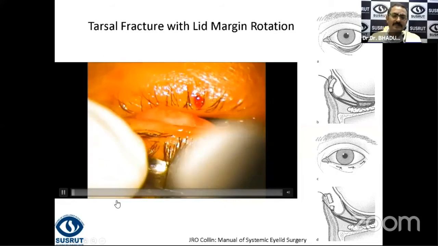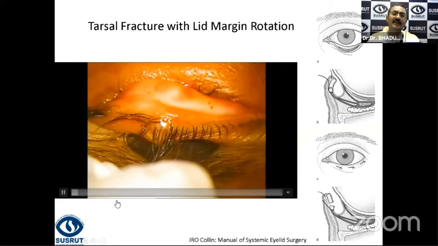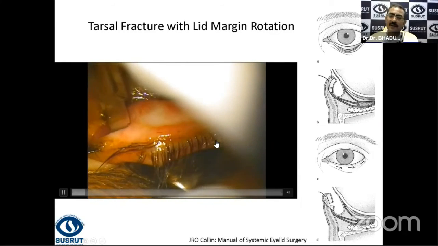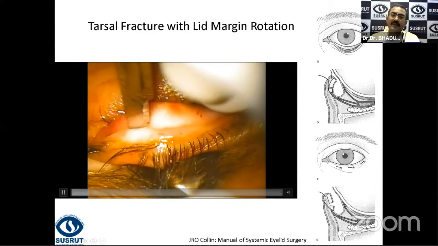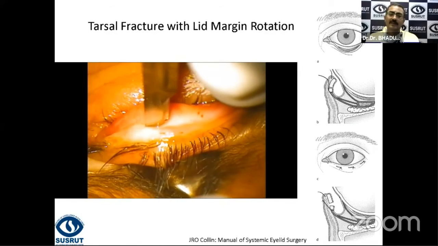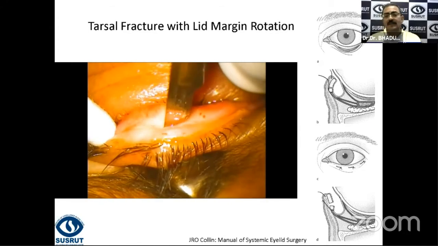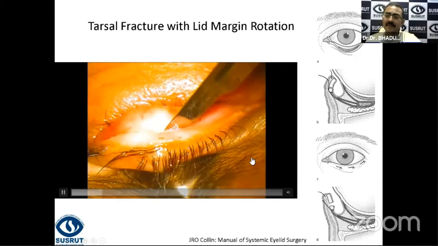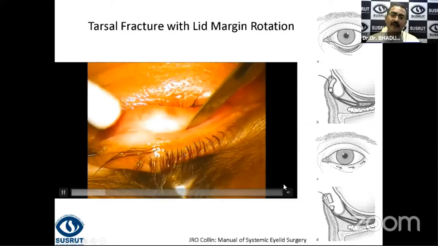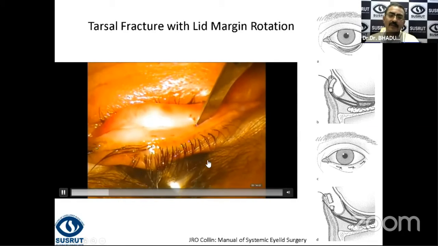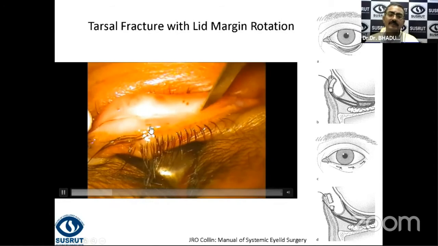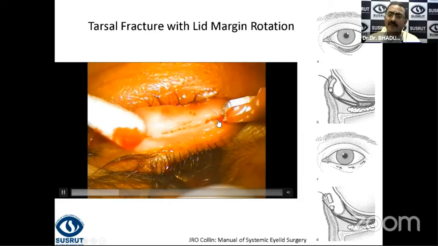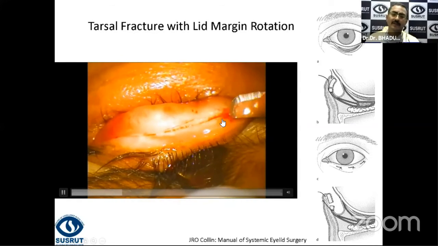5 minutes. Okay. So again, you invert the lid and you make an incision at the scar. It's a full thickness incision through the tarsal plate without disturbing the orbicularis and the skin, which is why we call it the tarsal fracture. And once you've liberated this segment, we just evert it using sutures so that you end up with a new lid margin. So this lid margin which is scarred, which was irritating the ocular surface, would be moved from the ocular surface.